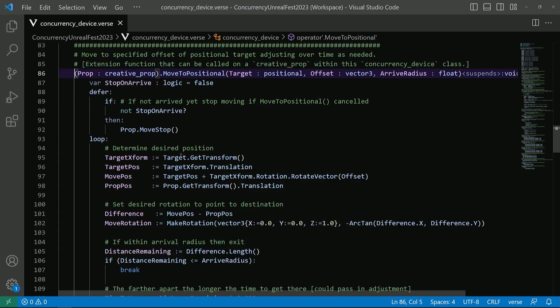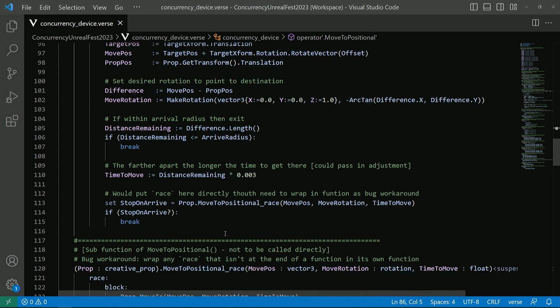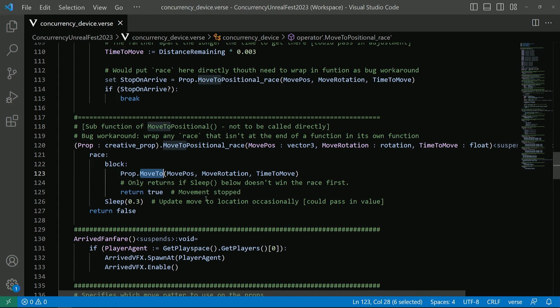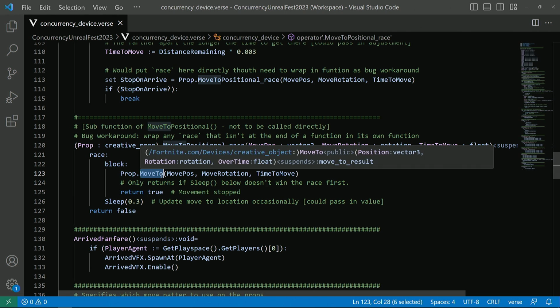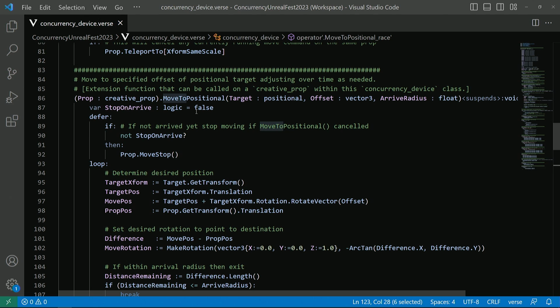But the thing is, I'm basing this command on this move to command. So with the move to command, it's not smart in that if it's ever canceled, it just keeps on going. So if I said, move from here to here, but midway through, I cancel the command, the engine doesn't know that, so it just keeps on going. So if I really wanted to have it canceled midway through, because the whole command, this move to position, was canceled, I put in a defer here that says if I basically haven't already stopped because I've arrived, then tell the prop to stop.